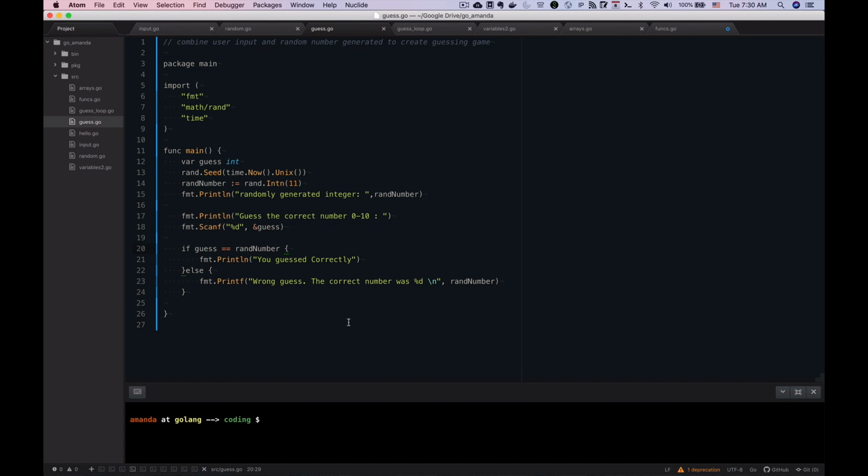And then in line 18, we're assigning the inputted value from the terminal, the %d is for integer, into the memory location of guess. The ampersand in front of guess represents the memory location. Then we check to see if guess is equal to the random number, and we print you guessed correctly, or if you guessed